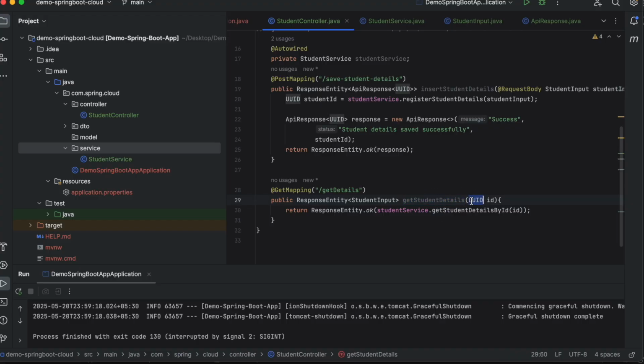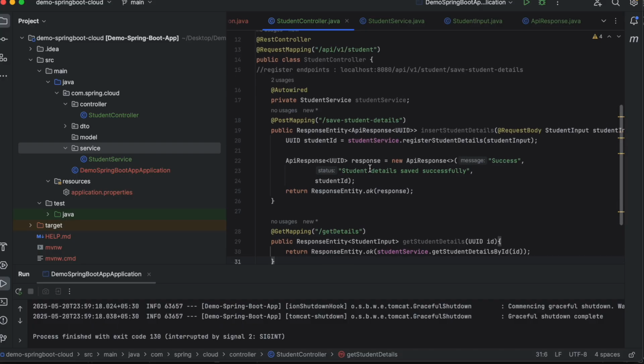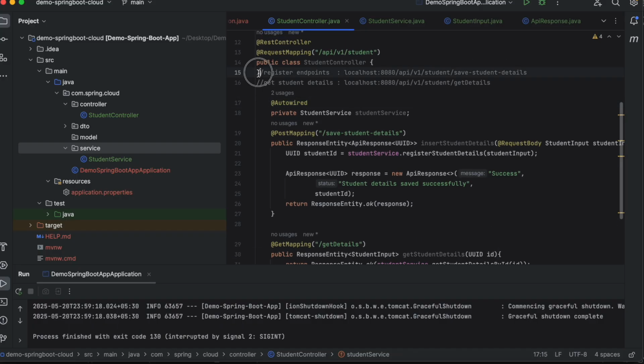We are providing the ID as an input, and then we are querying the student details through this student service, and the same thing we are returning. So we have two endpoints and both are ready now. One is to register student details and one is to just get the student details by providing the ID.